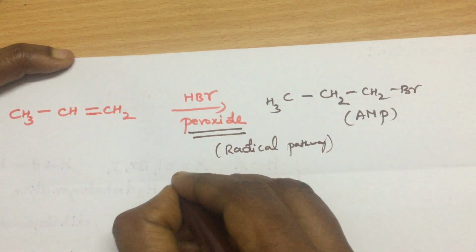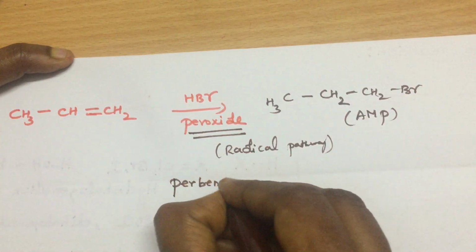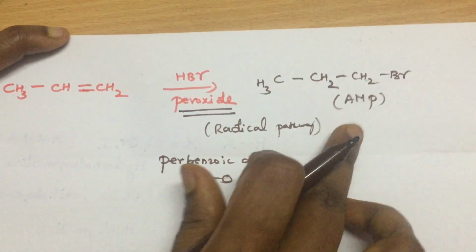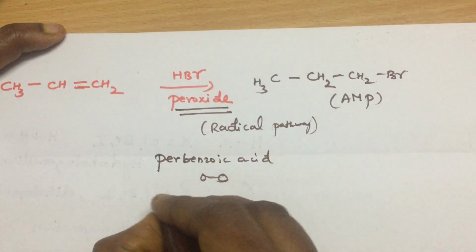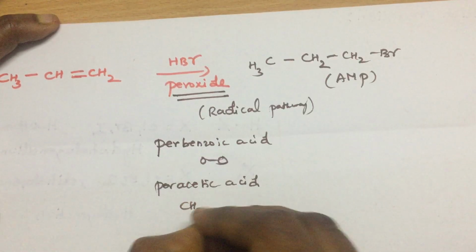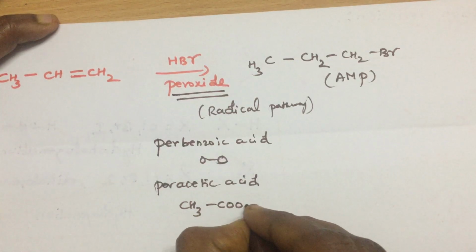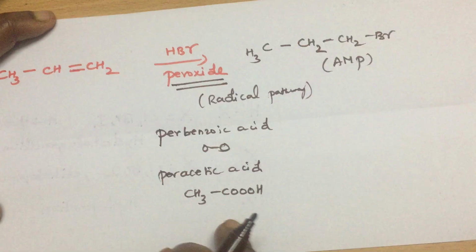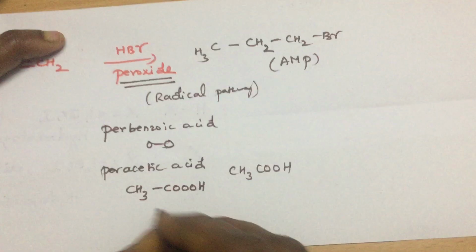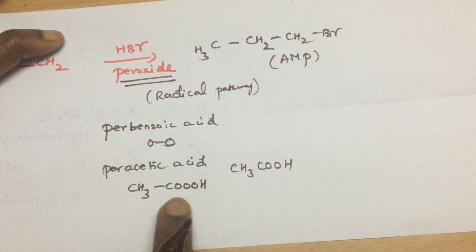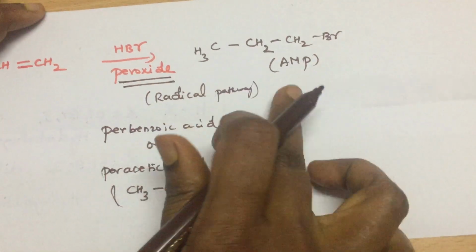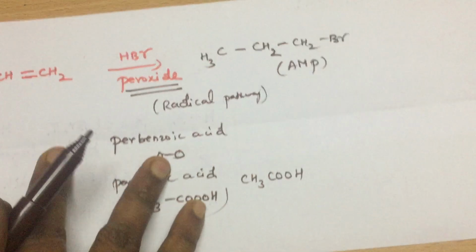Not only peroxide; if it takes place in perbenzoic acid, sometimes they will say it like that, wherever an oxygen-oxygen bond is there, you will get the anti-Markovnikov's product. Per acetic acid: they will name it, or silently they will put 3 oxygens. In normal acetic acid you will get only 2 oxygens, but if you see 3 oxygens, this is a peroxide. Then in the presence of any peracids or peroxide, you will only get the anti-Markovnikov's product.